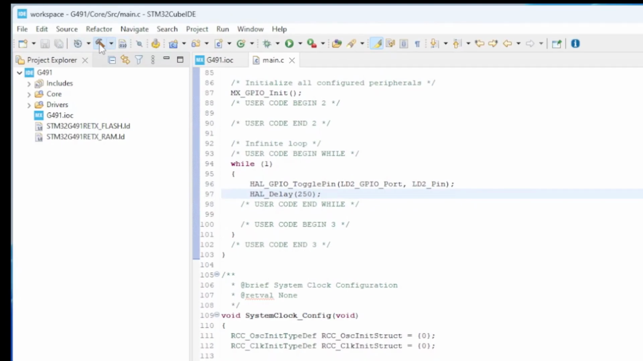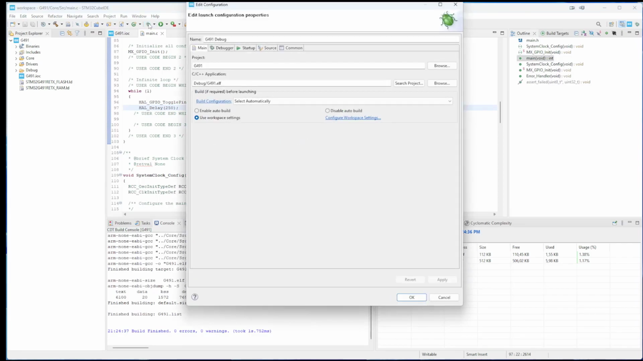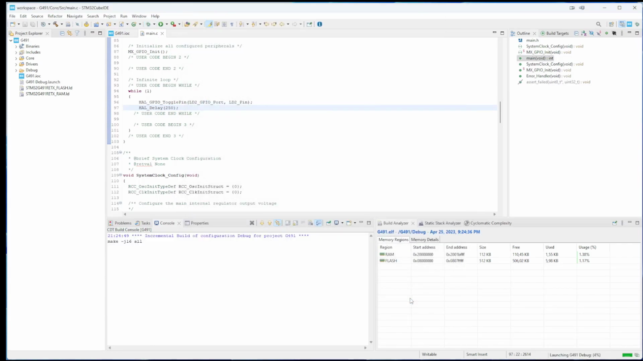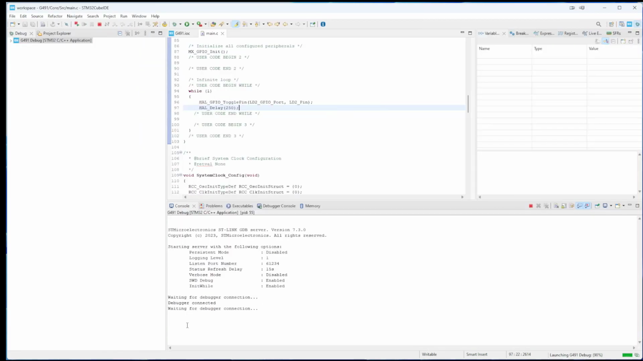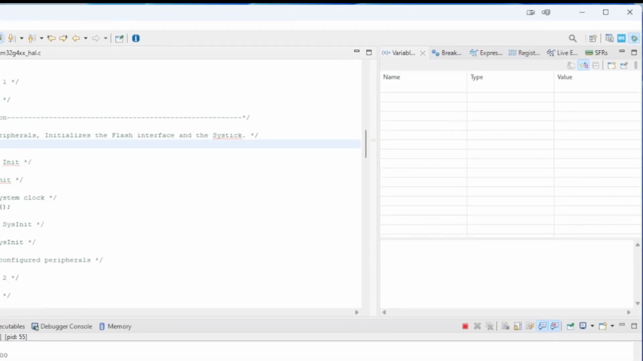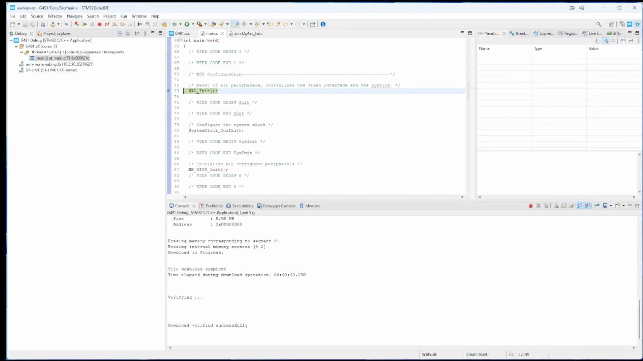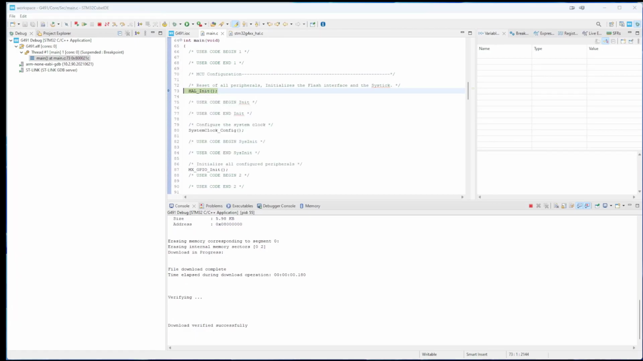Okay, we debug it or build the project, and this big project gets 0 errors, 0 warnings, and we hit the debug icon. It automatically goes over to this perspective that is the debug perspective. So it's downloaded successfully, and it stopped on HAL init. And if we now change back to the